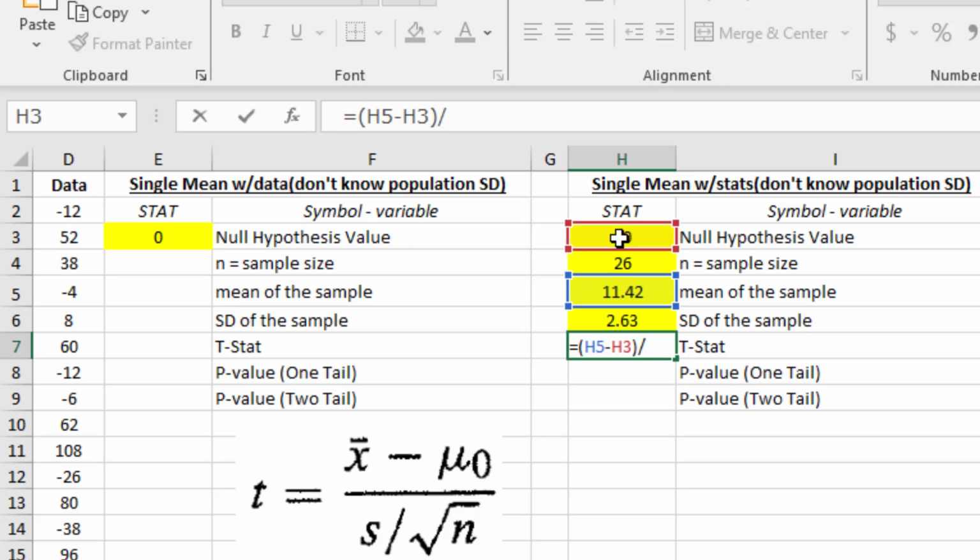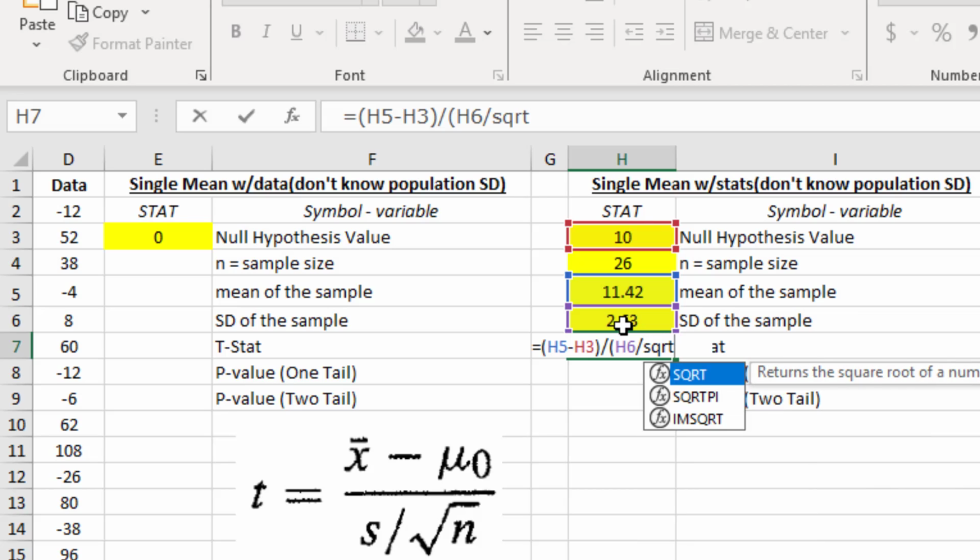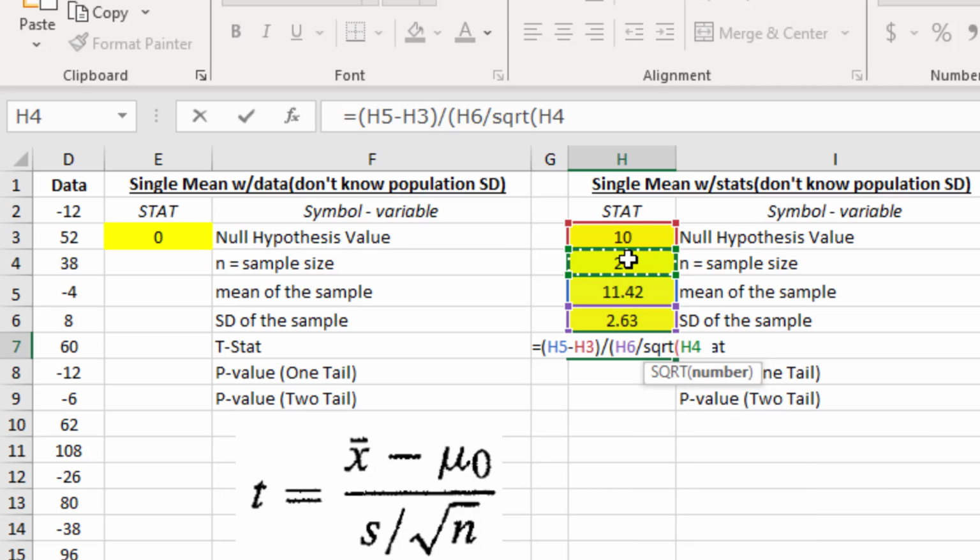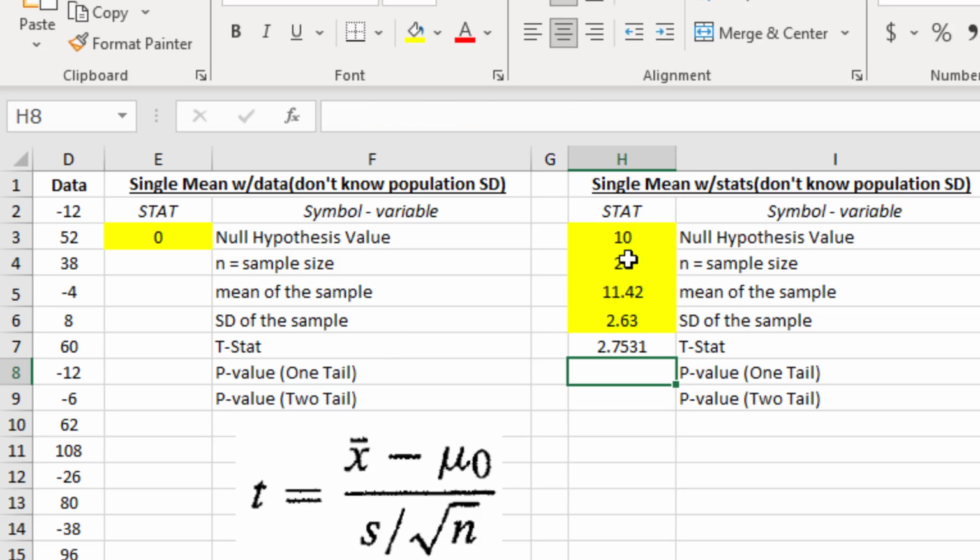and then in parentheses, we're going to divide the standard deviation by the square root of our sample size, and then close off that parentheses. Now, of course, since we're dividing by a fraction, we could have multiplied by the reciprocal and done all sorts of fancy algebra to make this formula a little nicer, but it's also easy just to do it as it sits, and again, just put in some parentheses to make sure that everything is done the way it's supposed to